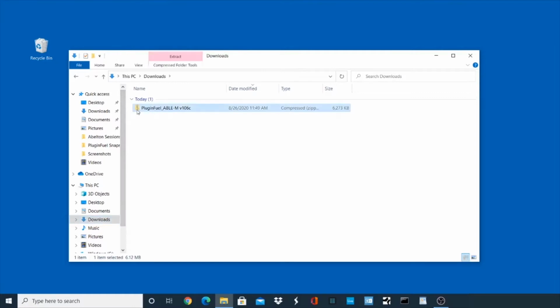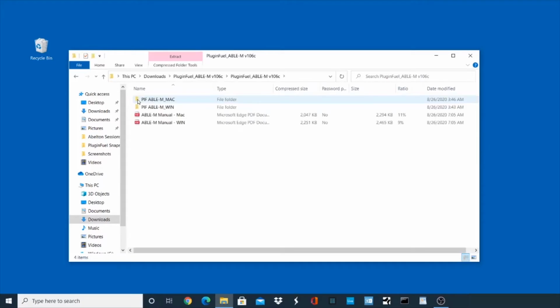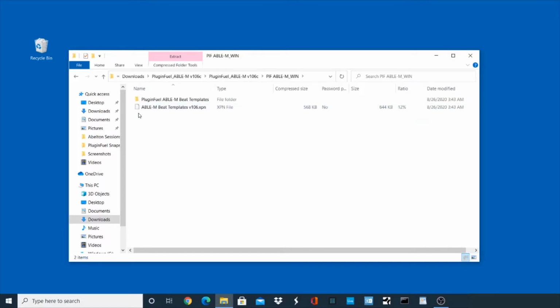Let's double-click the file, and a folder appears of the same name. I'll open this folder, and we see 2 manuals and 2 folders. One folder and one manual for Mac installation, and another folder and manual for Windows installation. I'm on a Windows PC, so I'll open the PIF Ableton Win folder, and I see an Akai expansion file and a folder. I'll drag these files to my desktop,